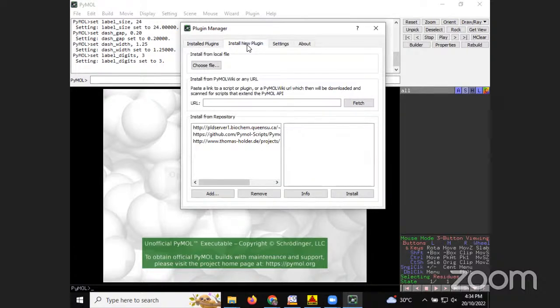Then in this dialog box, you have to select install new plugin. In install new plugin option, you have to choose the file. The file which is provided in the